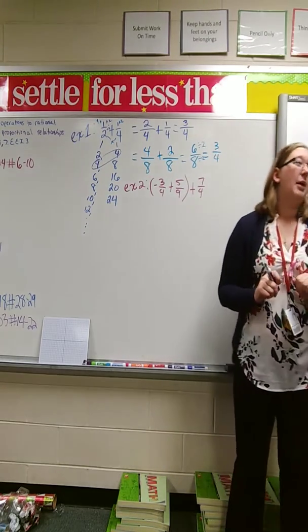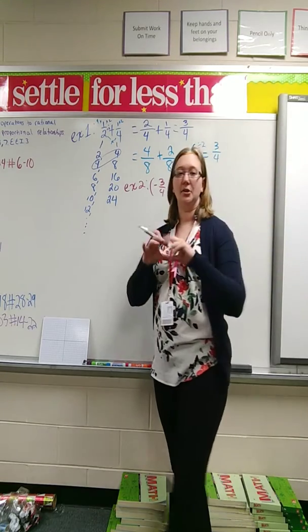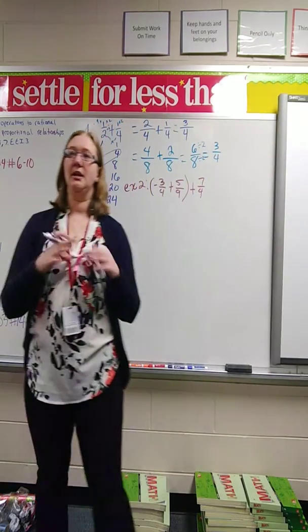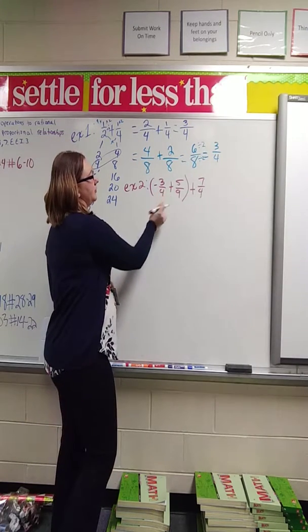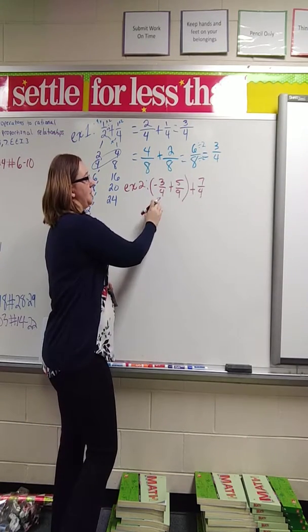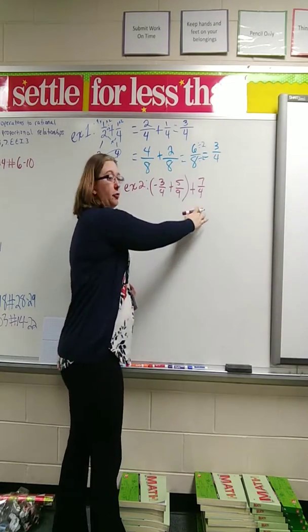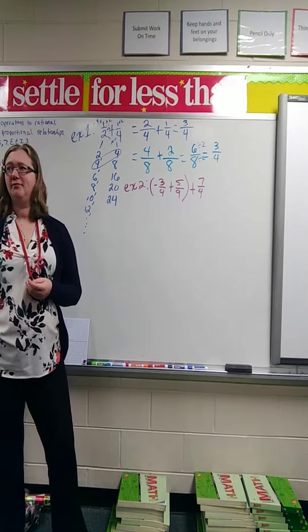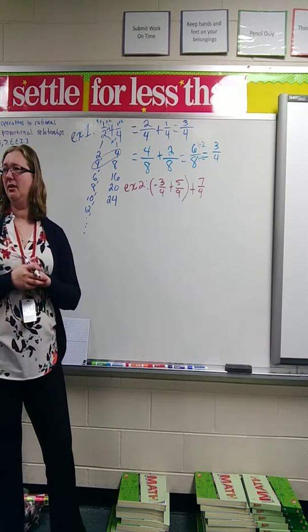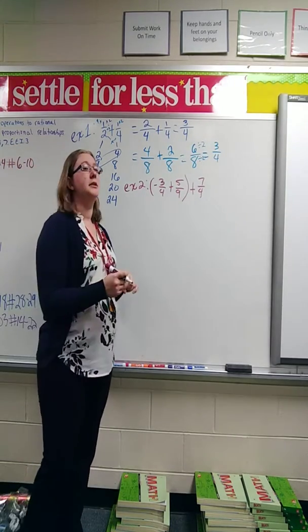The associative property says that I can group numbers together when I add or when I multiply to make them easier to solve. What's going to be easier to solve? Finding a common denominator between 4 and 9 and then adding fourths to that? Is that easy? No. Are we going to want to change that up a little bit? Okay. So,